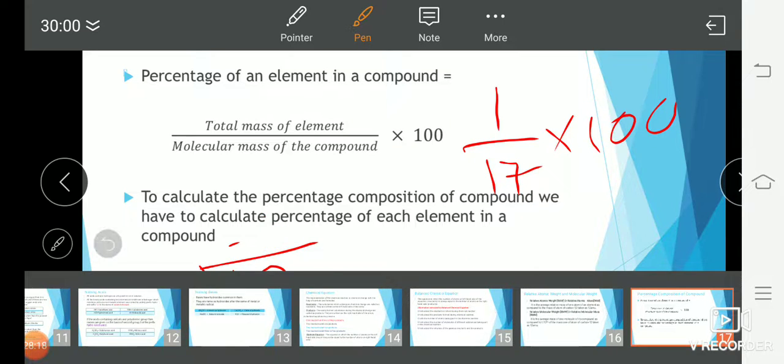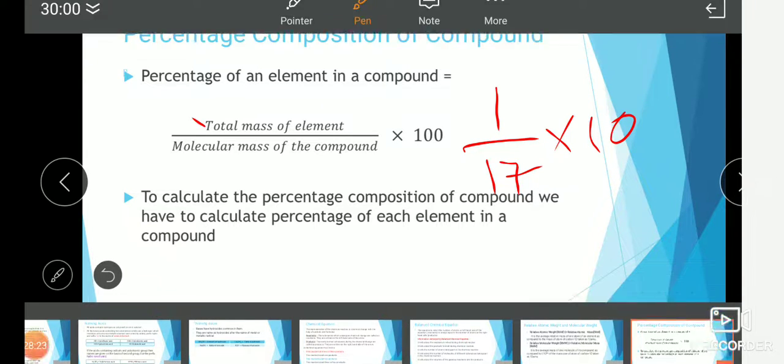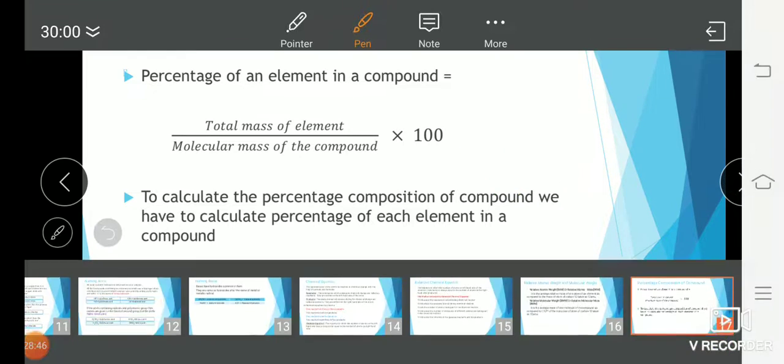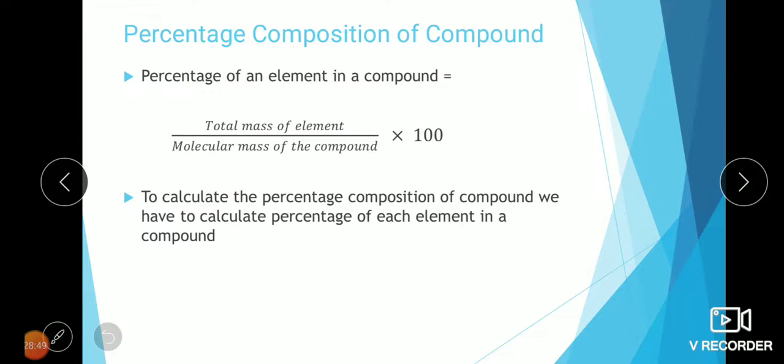So guys, we have learned today what is a chemical equation, what is a balanced chemical equation. Also we have learned how to find out the molecular mass of a compound, and also we have taken one example to calculate the percentage composition of a compound. That means to find out the percentage of elements present in the compound. In the next lecture we will be taking more examples of percentage composition of a compound, and we will be initiating the process of understanding how to balance the chemical equation.